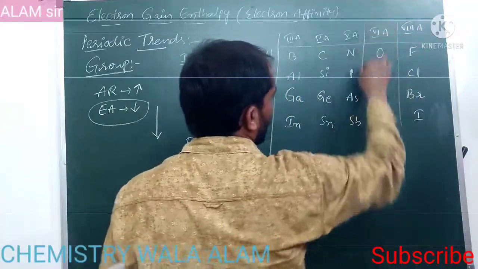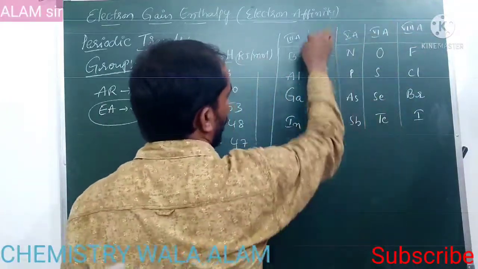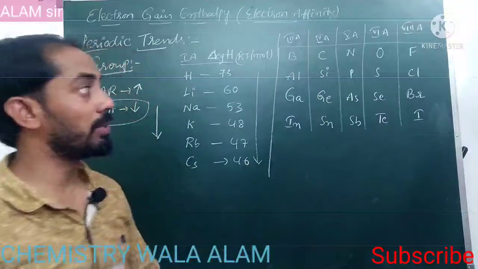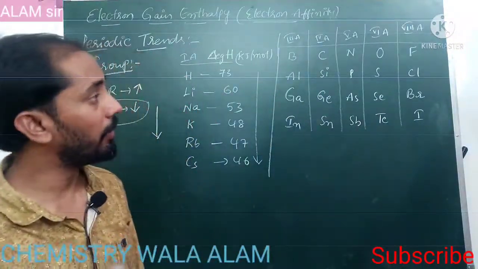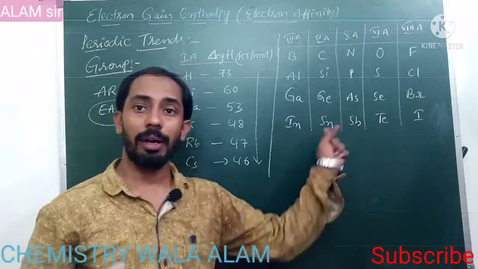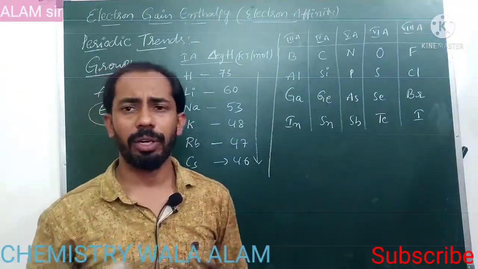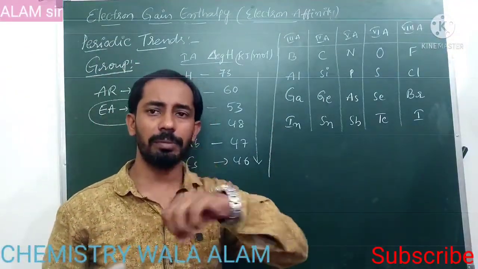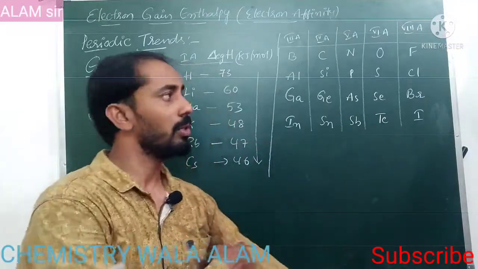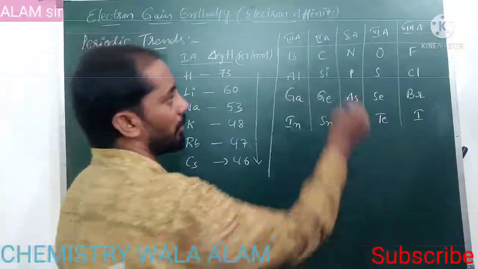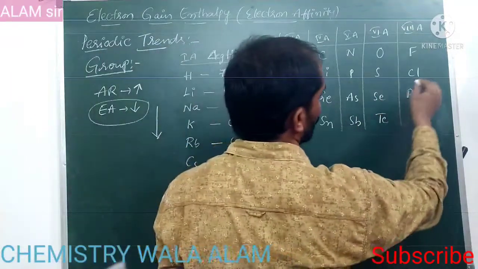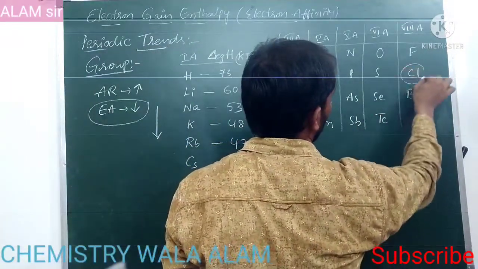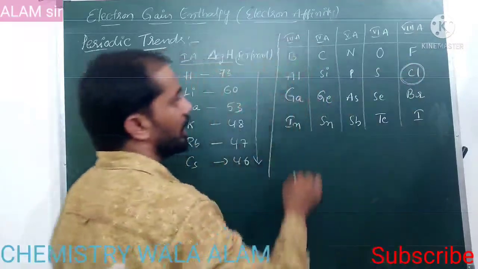So in this, which is high electron affinity and which is the low electron affinity? What is the order in the NEET level or mains or advanced level? The order will be asked here. What are the exceptions? You should concentrate more on the exceptions. For example, in the 7th group elements, the highest electron affinity is chlorine.